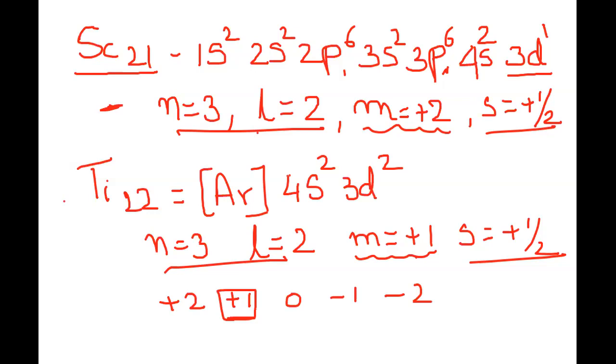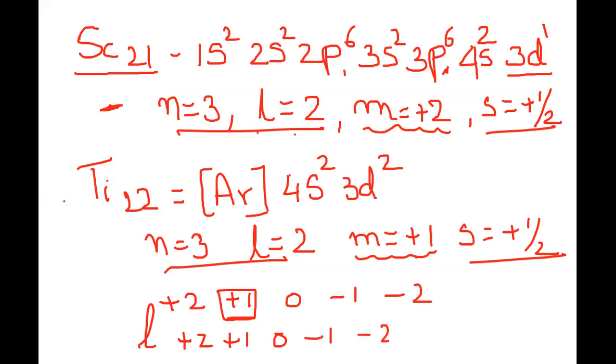Okay, children. Now this is about simple ones without any problem. Yes, Soumitra, you have a problem? Ask. Miss, the magnetic quantum number can be between +2 to -2. No, it's not. The magnetic quantum number will be from the value of l. So l is equal to 2, so the magnetic quantum number will be +2, +1, 0, -1 and -2.